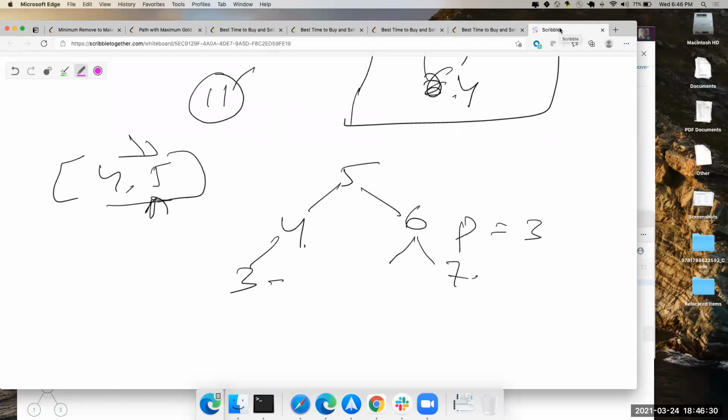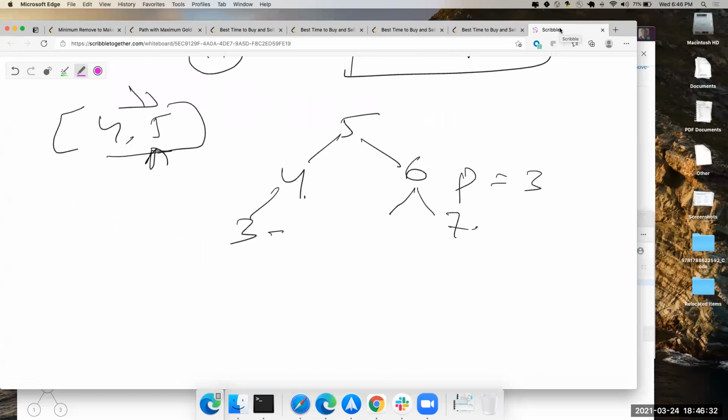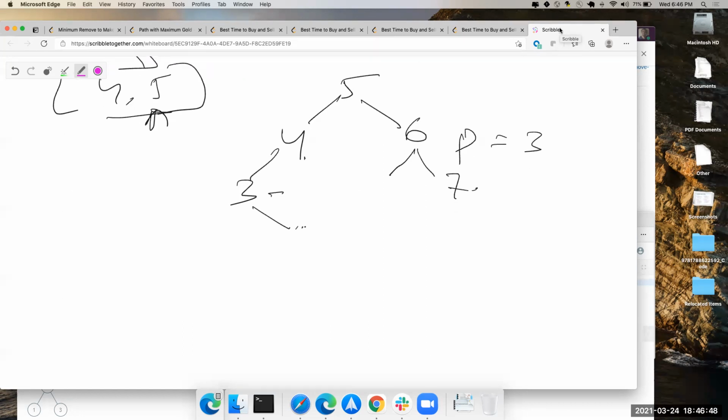Let's say this is 6 and this is 7. You compare the given value 3 with the root value, and because the root value is greater than 3, you mark that as your current result and still go about searching for a new result on the left side. It can definitely not be on the right side, so you are chopping down all of the right part of the tree.